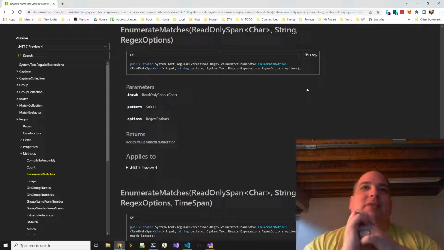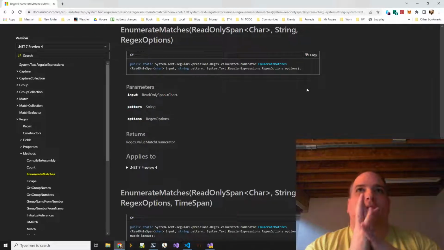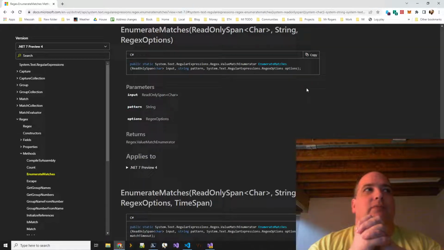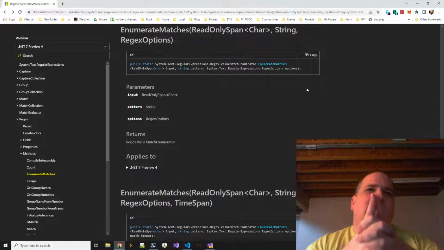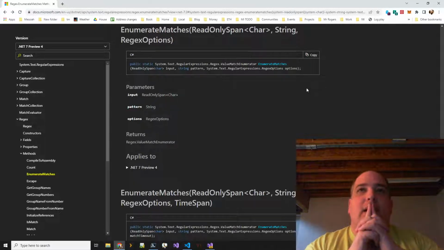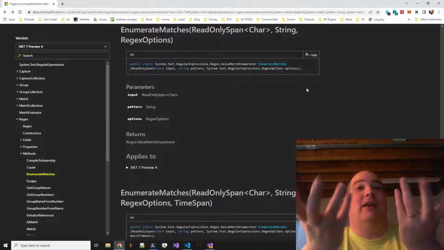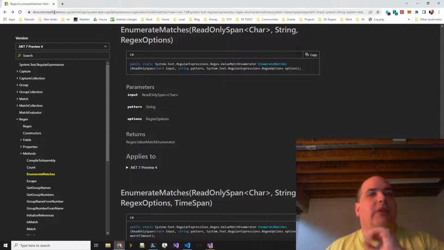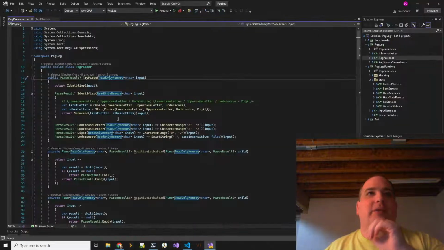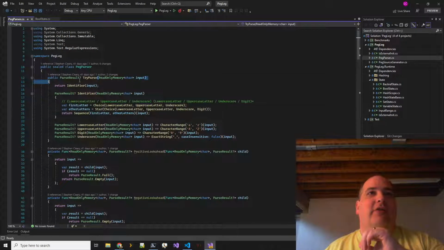So for now, since we can't use this yet, which is what I really want to use, I'm just going to expose a string start end kind of API. And when support for this comes out in .NET 7, I could target .NET 7 preview, I guess. But when support comes out, then I could add another API that works over read-only memory of char, which would be really nice. That's my eventual goal with this peg library, to have this kind of API.